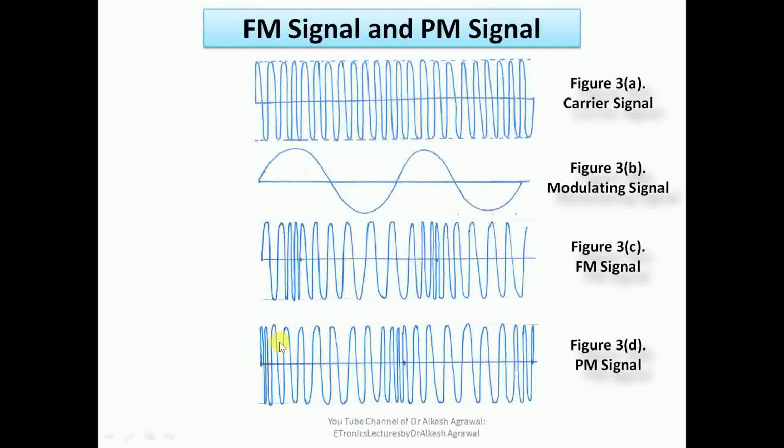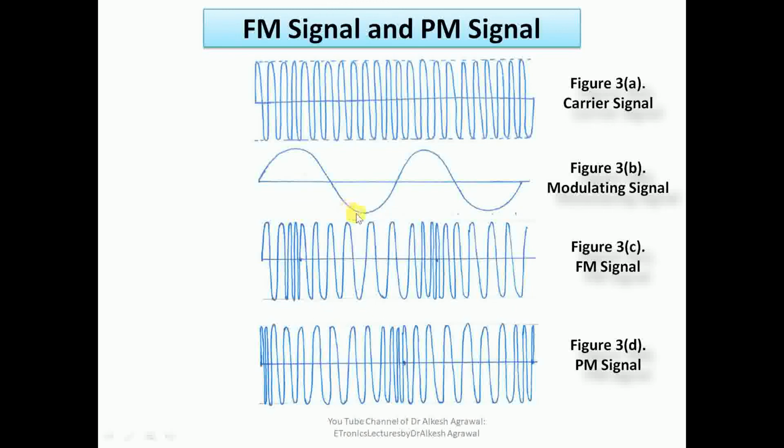In the PM signal, we have to concentrate on the phase and how the phase is being depicted by the slope. In this portion the slope is positive and maximum. Here the slope is 0, then the slope is negative, and 0, and then the slope is again increasing in this portion. Where the slope is maximum, the wave is most dense, and as the slope becomes 0 and decreases, the waveform has the most rare part.